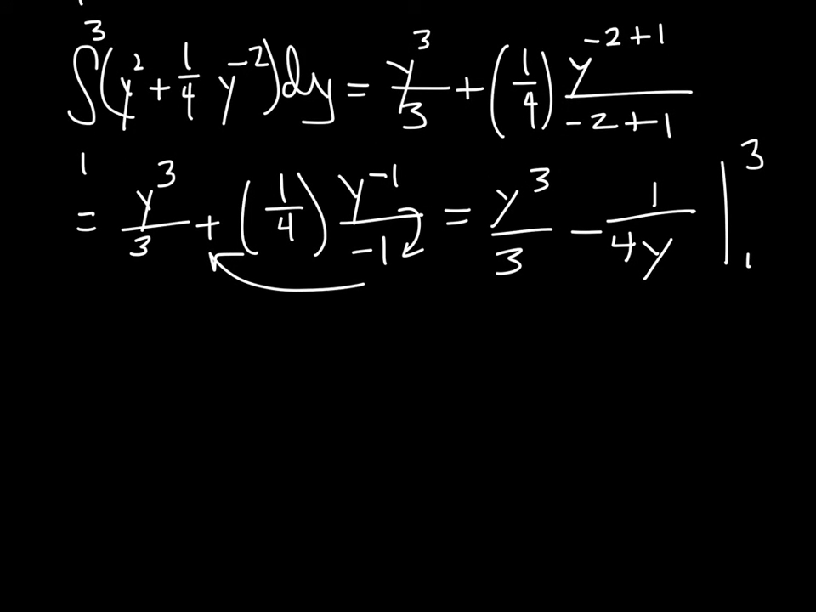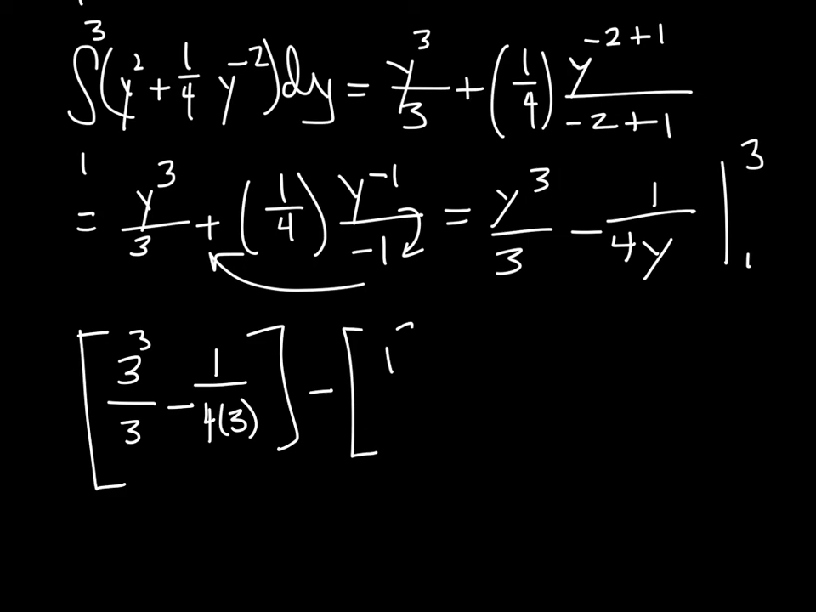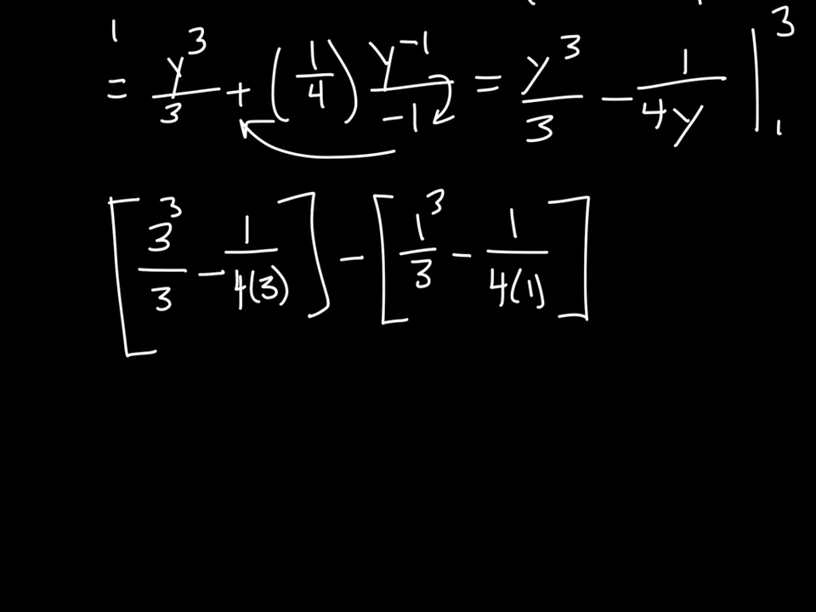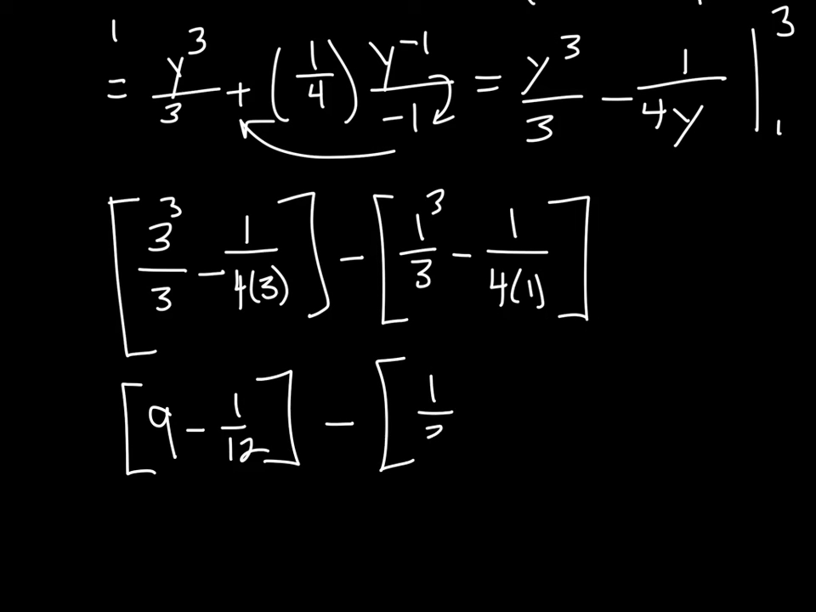So away we go. We have 3 that we're going to evaluate first: 1 over 4 times 3. And then we're going to evaluate 1: minus 1 over 4 times 1. This becomes 27 over 3, which becomes 9 minus 1/12 minus 1/3 minus 1/4,